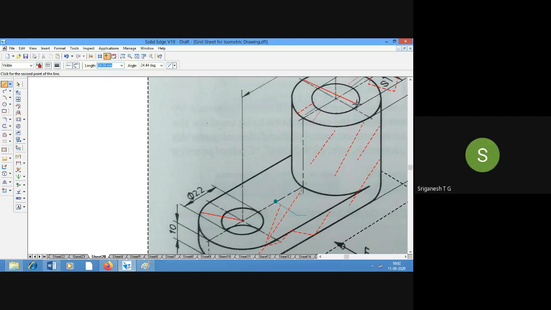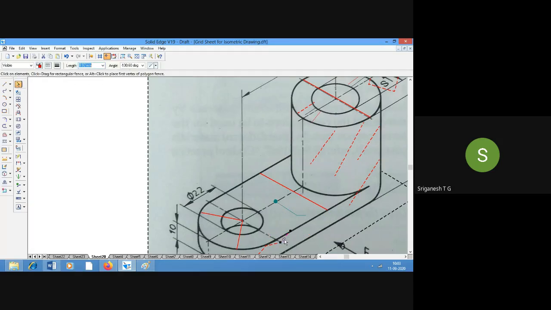So what is this diameter of this circle? Yes, sir. 46. Then what is this radius? If this is 46, then what is this radius? 23, no?